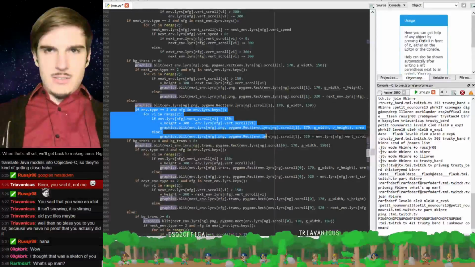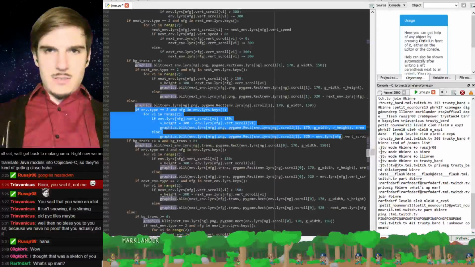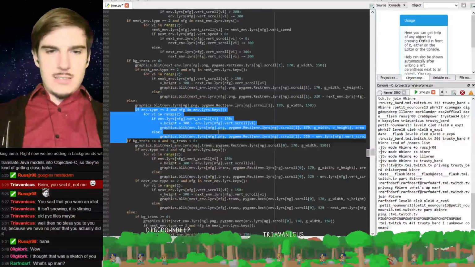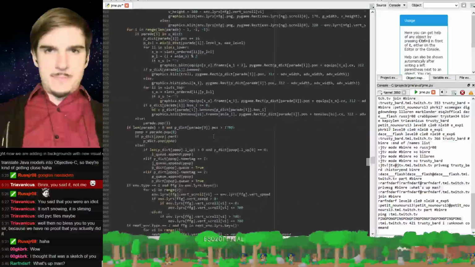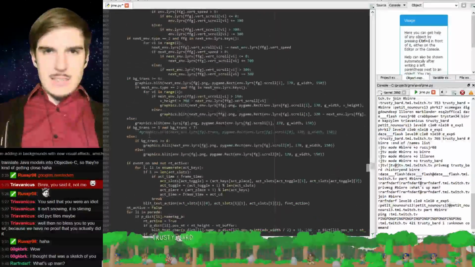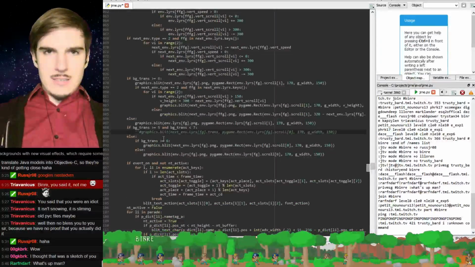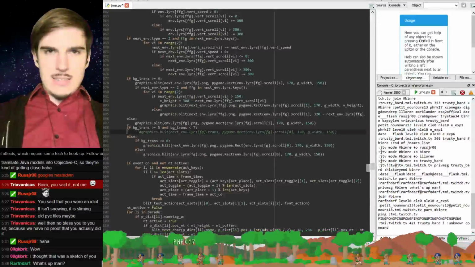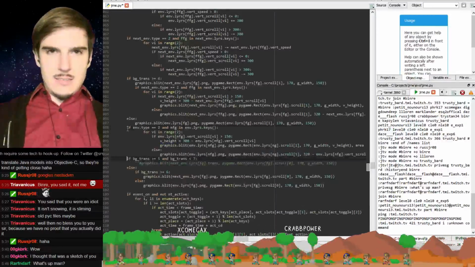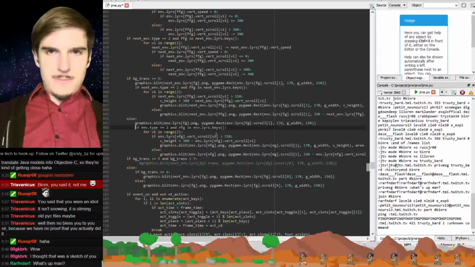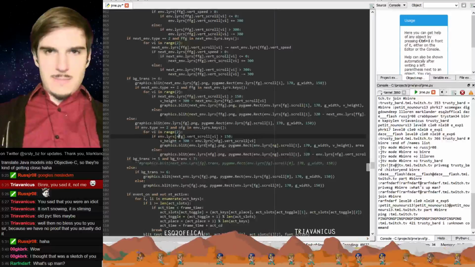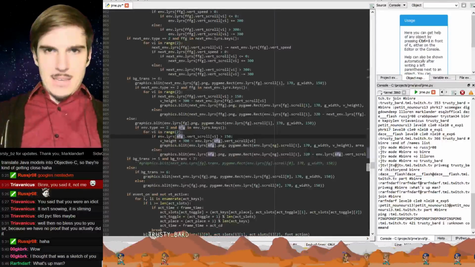Now let's do it for the other case. Copy that, and that is not this case. That is this case here. Indent that. So once again, near foreground is foreground.